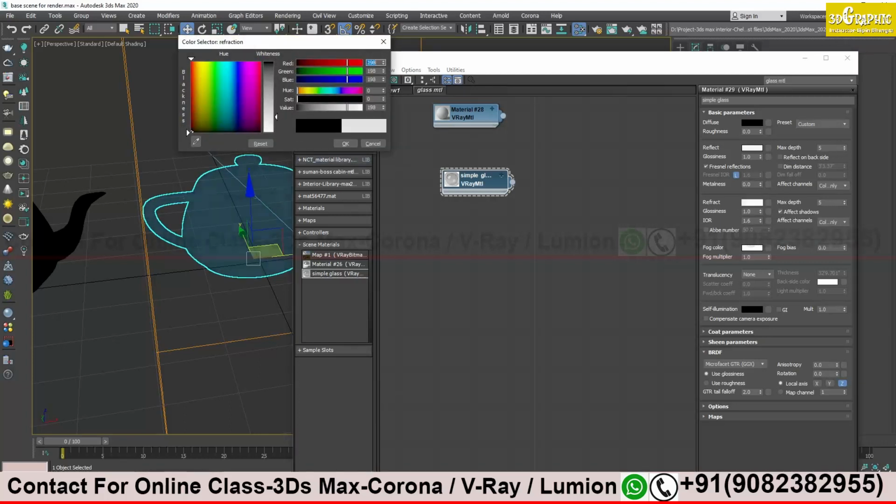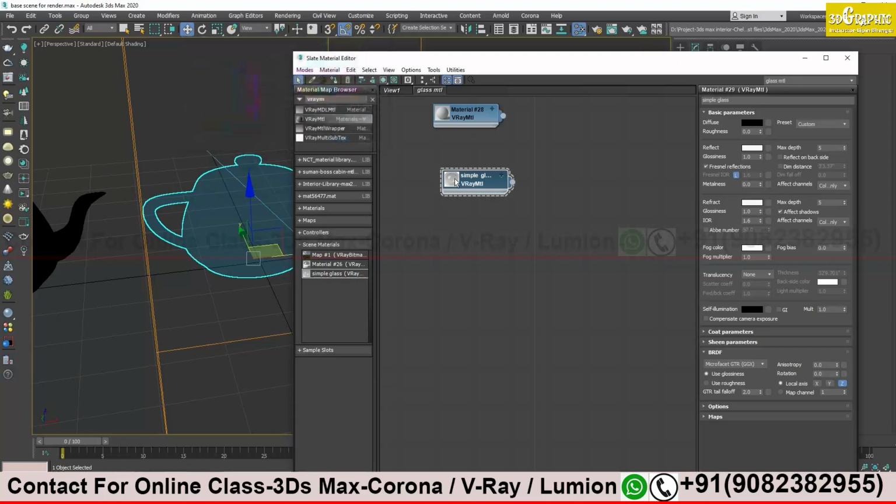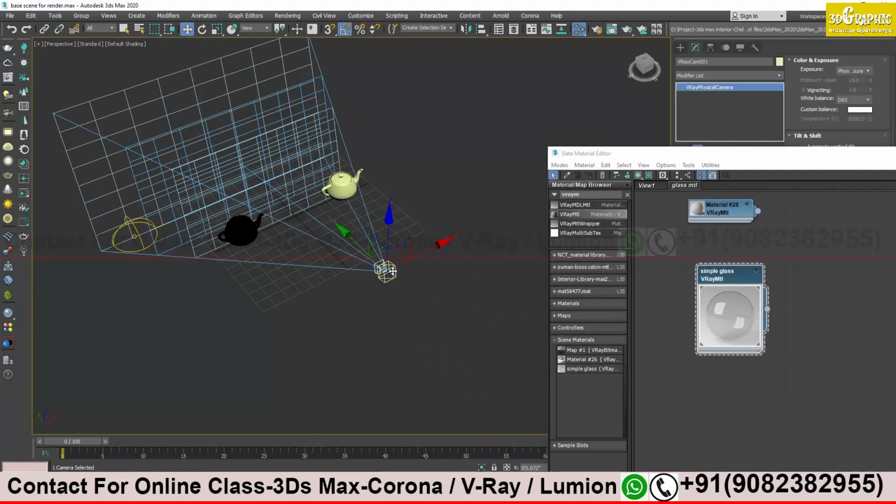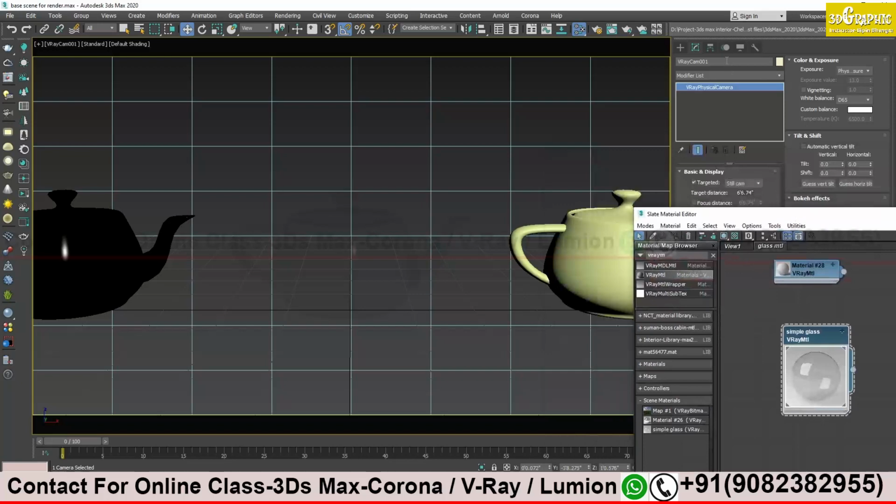How much should it pass through? The more it is white, the more it will be transparent. The more toward the black, the more it will be opaque, meaning semi-transparent, half it will block the light like that. So let's make simple glass. Let's make it 95-98% transparent. You can see on preview also it's simple white glass. And let's see on our render from camera view what we are getting over here.